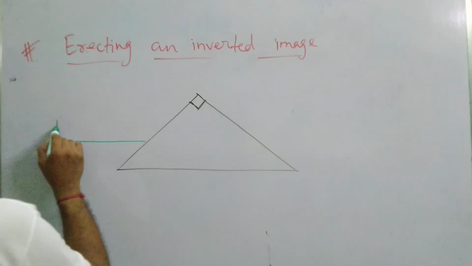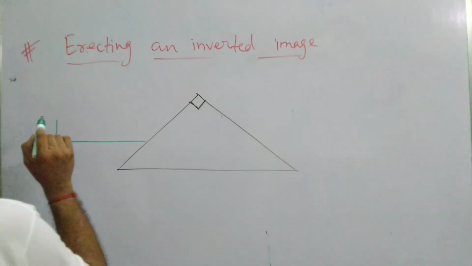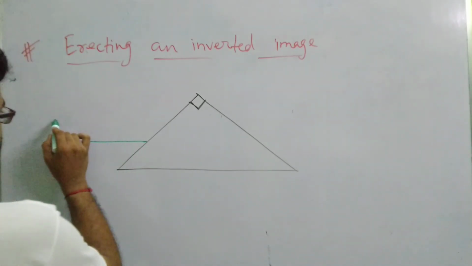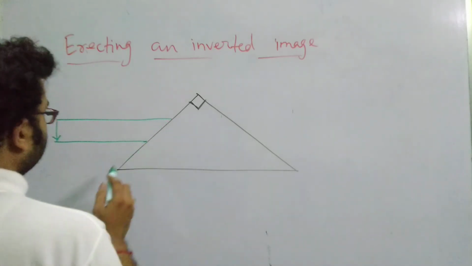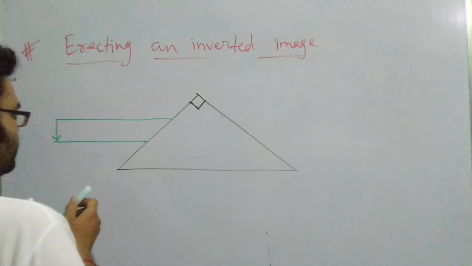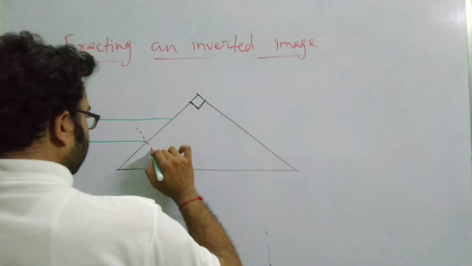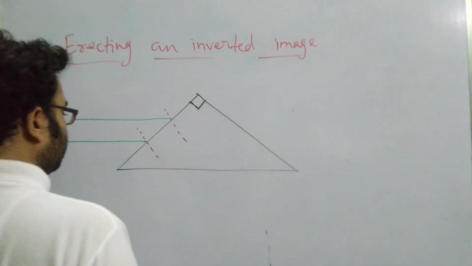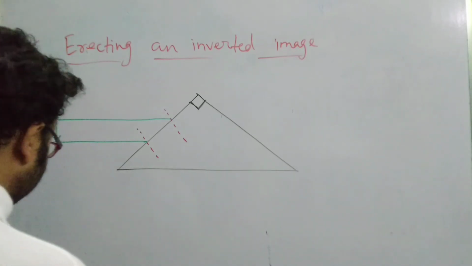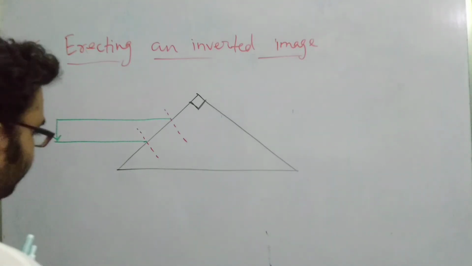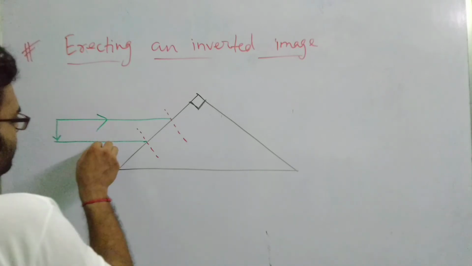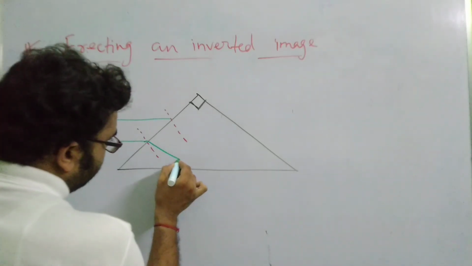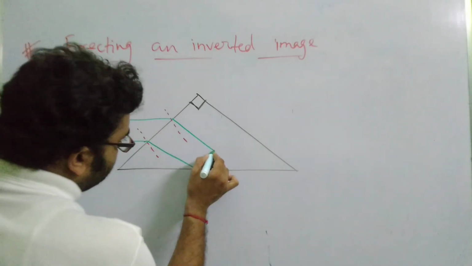Say we consider here an object which is already in the inverted direction. The light ray comes here, it falls here, another light ray comes from here and falls here. Now we will be drawing two normals at these two points, something like this and like this. As you can see, the angle of incidence is not 0 degree, hence refraction will take place, and the light is moving from air to glass. So it will be bending towards the normal like this.